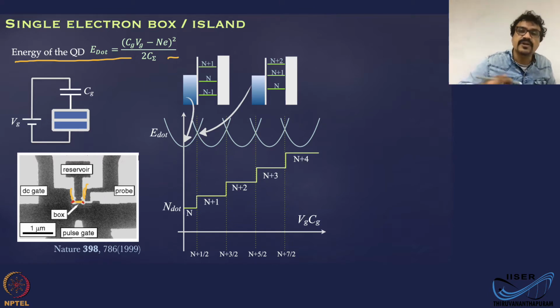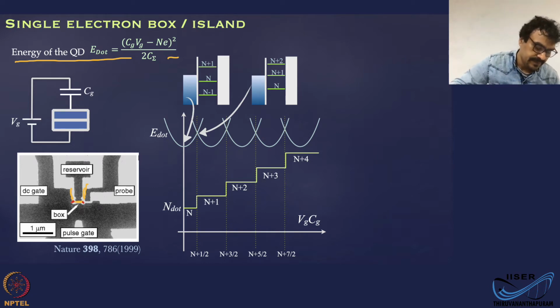When you walk back, you can remove that electron. That corresponds to you sweeping the level across the source of charges here. The crossing point corresponds to the charging level on the dot being in resonance with the drain, or in resonance with the source of electrons.